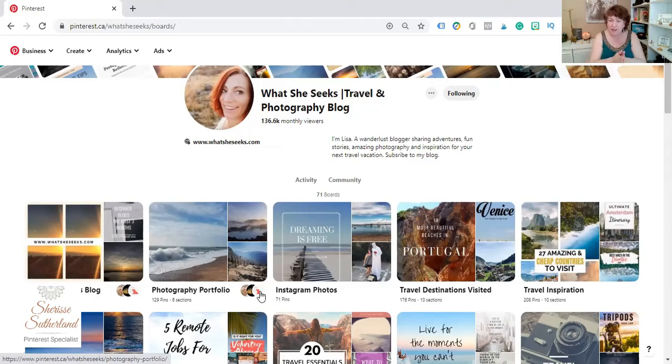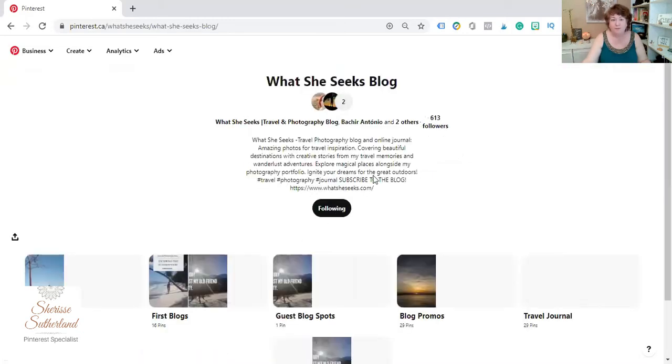But in this case, I wouldn't necessarily do that because it is photography, and photography, if you look in Pinterest at other photography sites, the really successful ones with millions and millions of monthly views, they don't necessarily brand all of their boards in the same way that other people do. So this is fine. Now, if I click into, for example, the What She Seeks blog board,